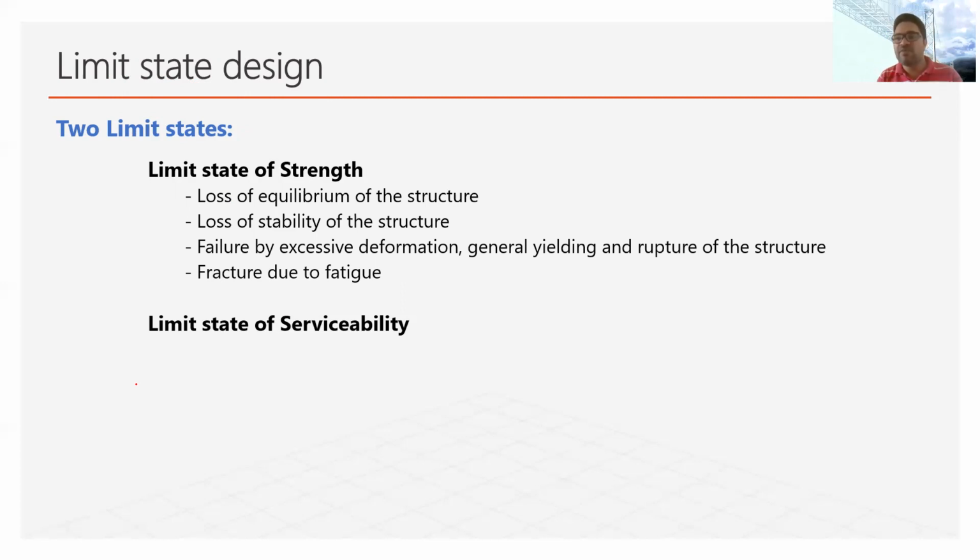Like if I say the failure of aluminum wire, if we try to bend aluminum wire back and forth, at least thrice or fourth, then it will break. So this breakage is because of the fatigue in that aluminum. So this fatigue failure is also considered in the design. Brittle fracture is also considered.